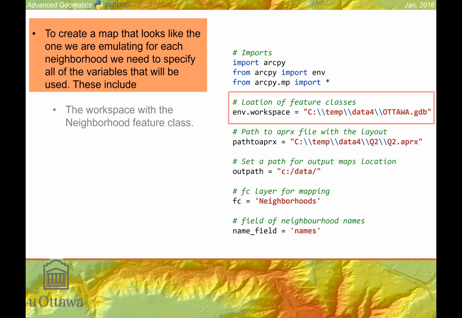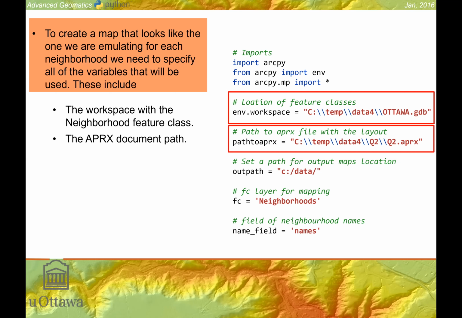Next, we have our workspace. So we put the full path to our workspace. That's where the data is. That's where the neighborhood layer is. Then we have a path to our APRX. We'll use current